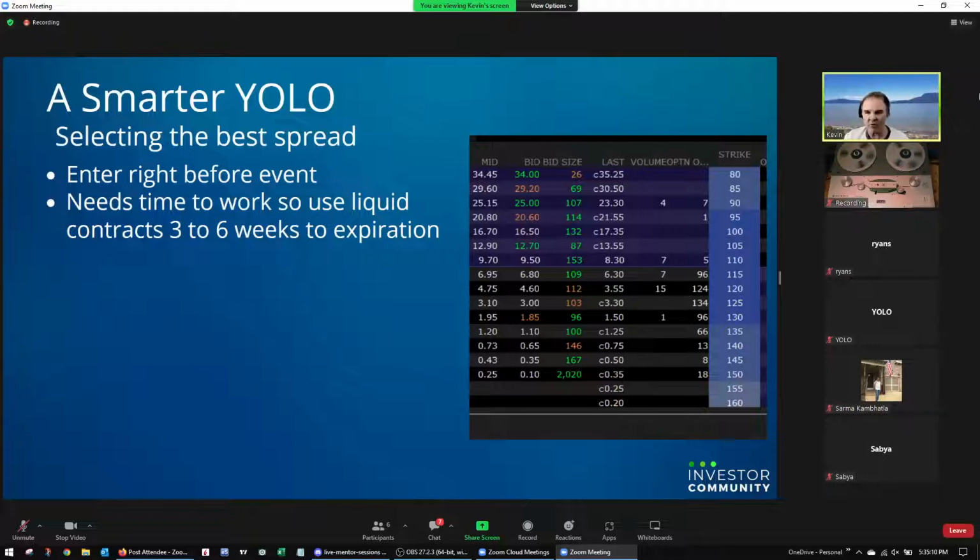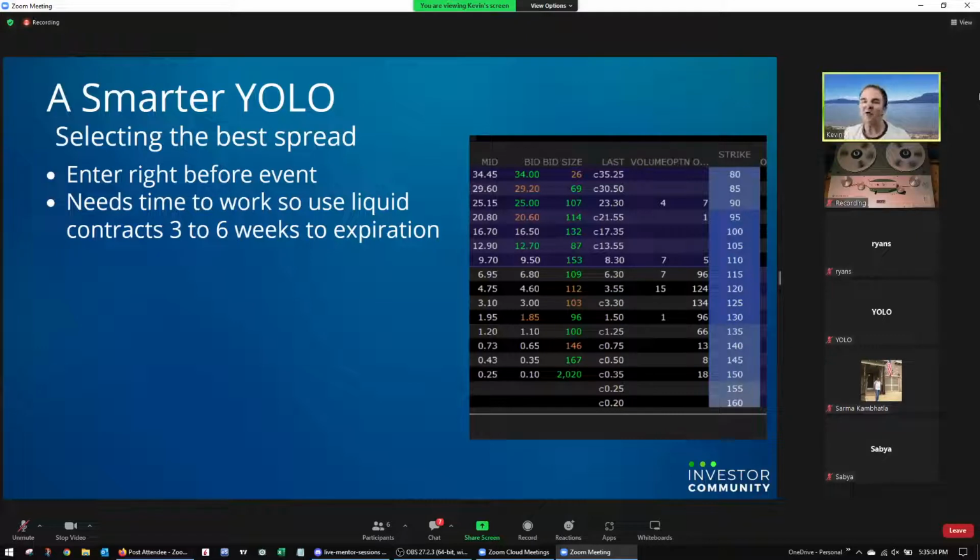If it starts to short squeeze, a short squeeze takes a couple of days to get going and get a little bit of momentum, and the short squeeze can go on for weeks. So we need to give it time to set that up. We also need to give it time so that our options don't expire before the short squeeze is done. We want to be there for the whole ride. So let's give it 3 to 6 weeks.